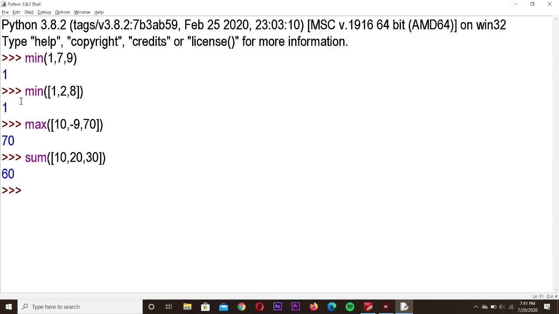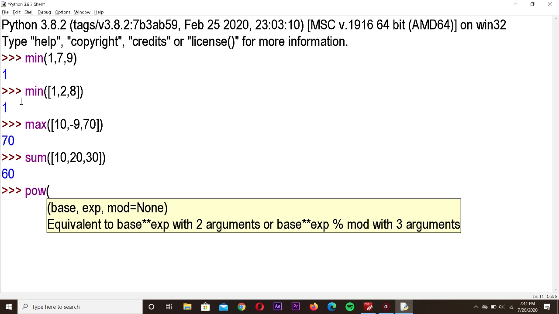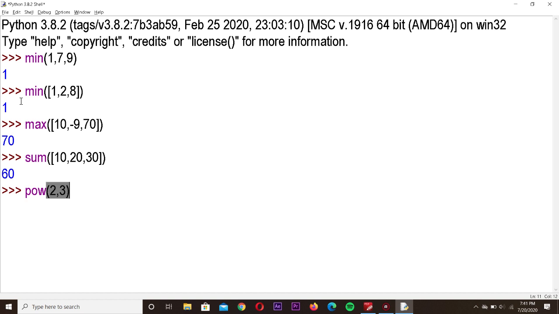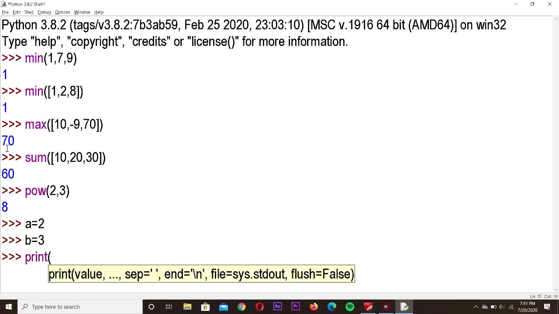Okay, so we will see the output. So power of 2 comma 3, I'm giving like this, that means 2 power 3. So 2 into 2 into 2, multiplied 3 times, you have to get the output as 8. So 8 is the answer. You can also write like this: a is equal to 2, you can make use of the assignment statement, a is equal to 2, b is equal to 3. Next line you can also make use of the print statement. Whenever you are using a file, you have to make use of the print function only, but here in the interactive mode, if you use the function directly, it will give us the answer.